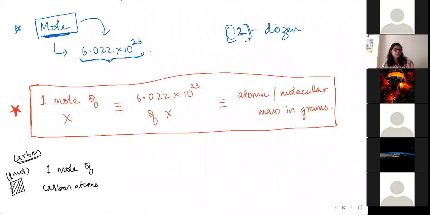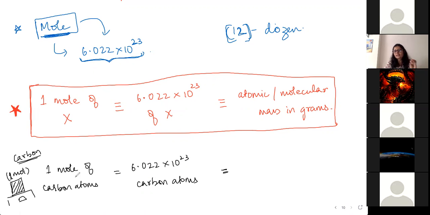That means if I open the box and look, that box will have 6.022 into 10 power 23 carbon atoms. And if I check the weight of that box, then it is going to weigh